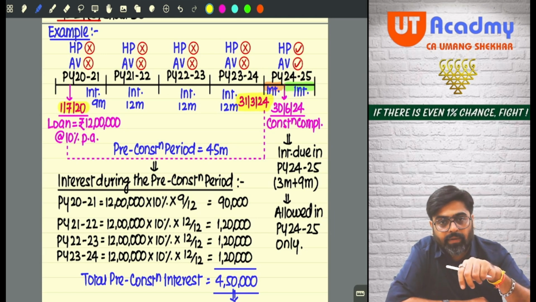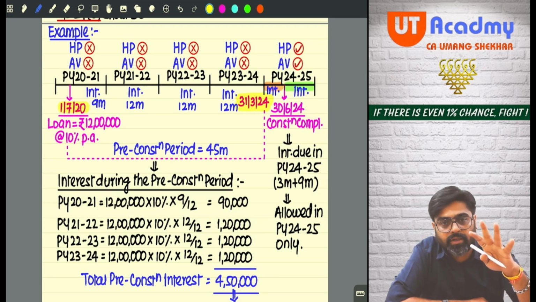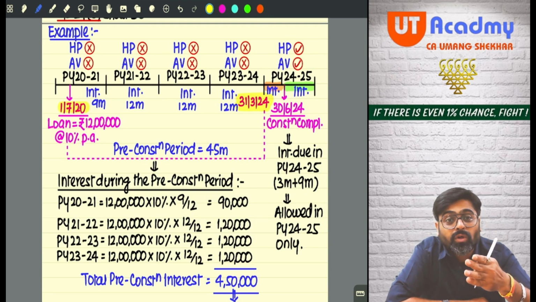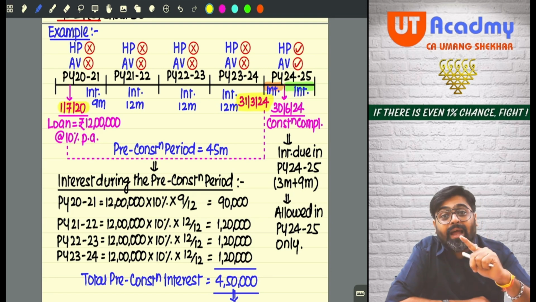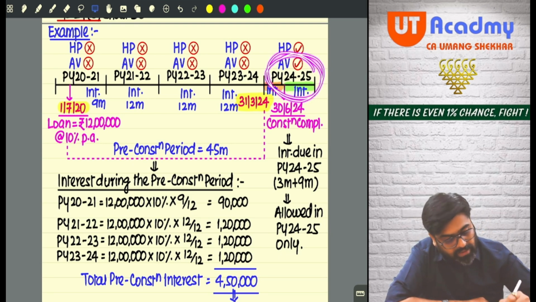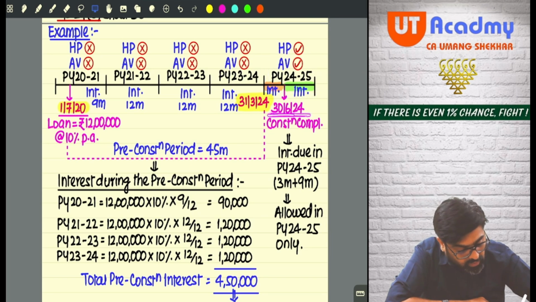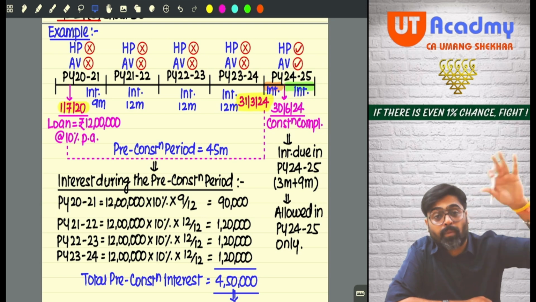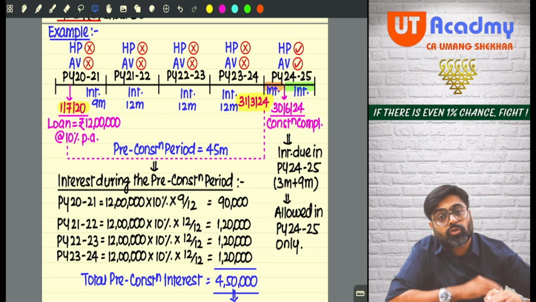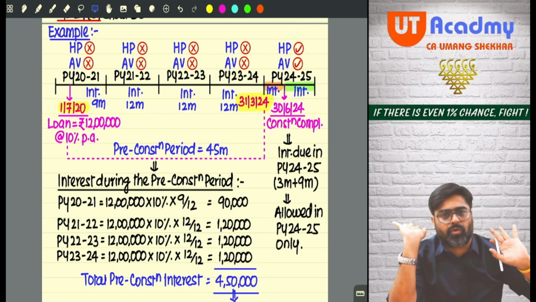So tell me, in 2021, do you have a house property or is construction going on? So in 2021, you might have paid interest for 9 months, starting from July to 31st March 21. And in the next year also the construction was going on, because the construction got completed in 24-25. Can you see 30th June 2024 is the construction completion date? So now when you have the house property, can I say in 24-25 you are having a house property? So whatever interest becomes due in 24-25,